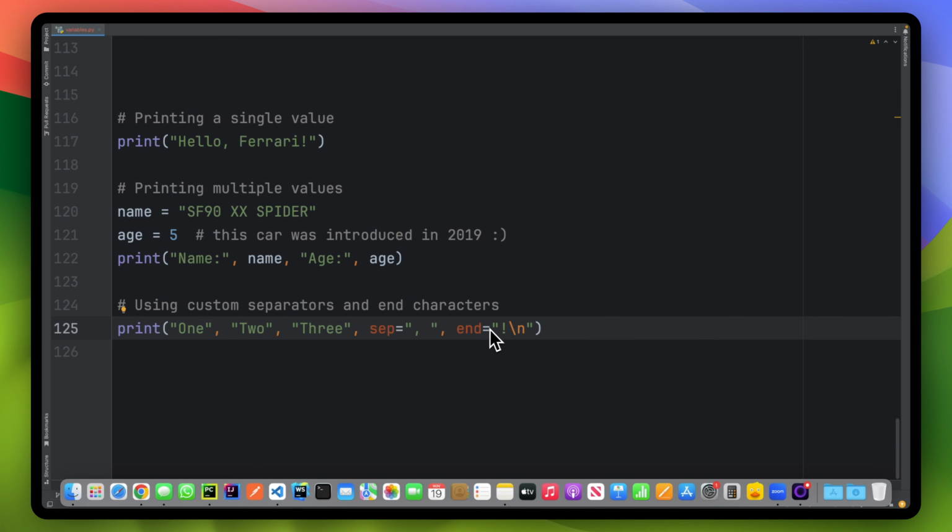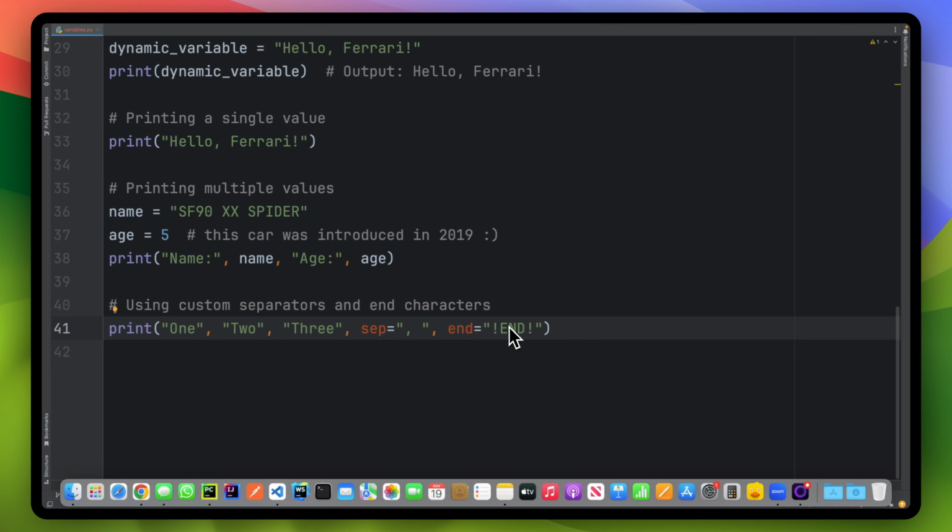And the end is what to say or do at the end. In this case, we can say something like end, just so that we can make it super obvious. Exclamation mark, end, exclamation mark. If we save this and we run this,